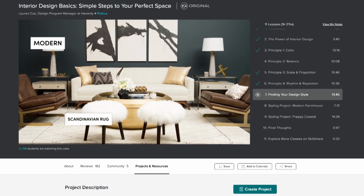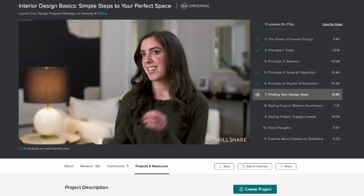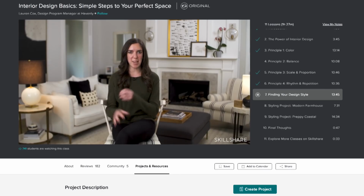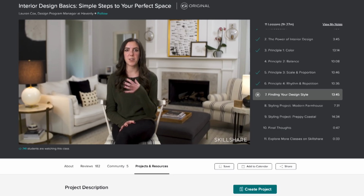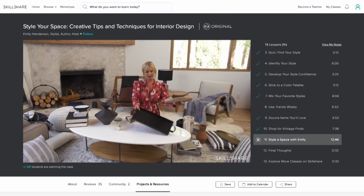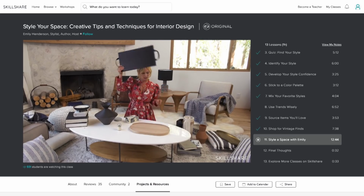So I watched an interior design basics course by Lauren Cox, and this one was a good starting point. It gave me general advice and decorating rules, but by the end of it I still didn't know what to do with the room. So then I binge watched Emily Henderson's course, and oh my goodness, it was like she